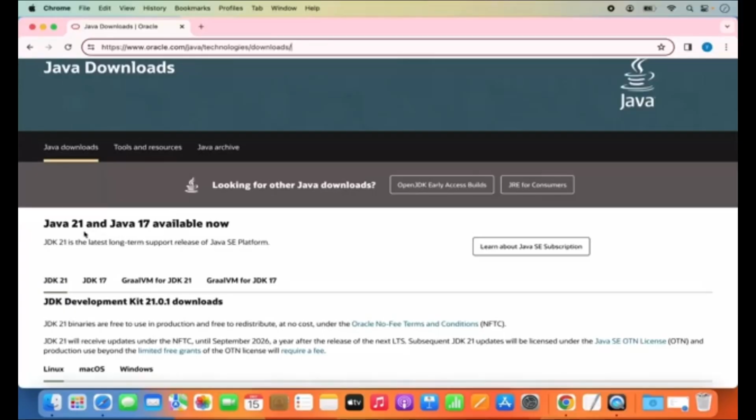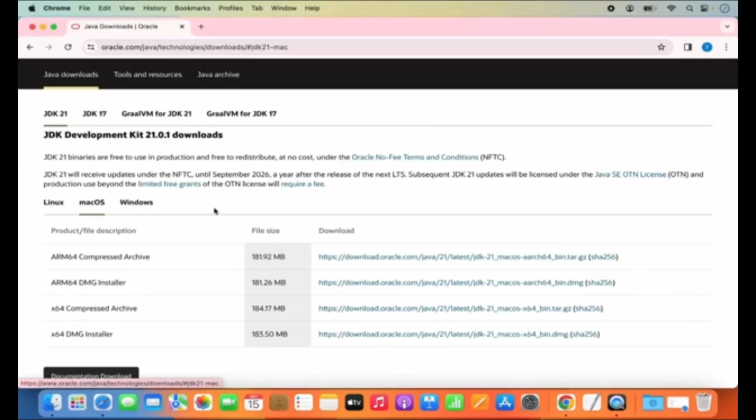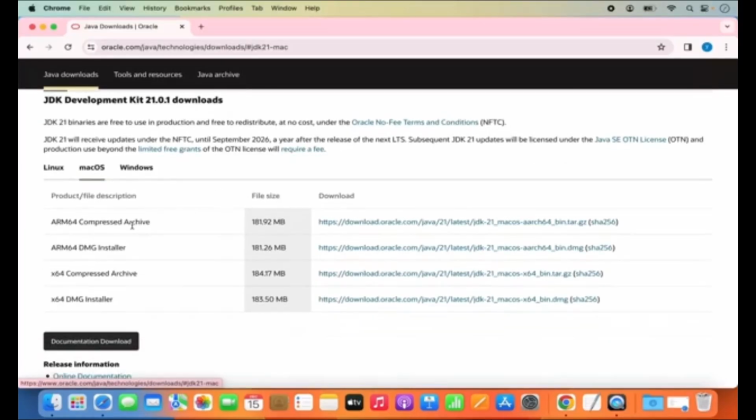What we are going to do is we are going to download the version Java 21. Now, when you scroll down a little, you will see three sections for Linux, Mac OS and Windows. We are going to click on the Mac version and then you will see different variants which you can download. We are interested in downloading the DMG installer, but here there are two variants of DMG installer also. So if you are using M1 or M2 Mac, then you need to select this one, which is ARM64 DMG